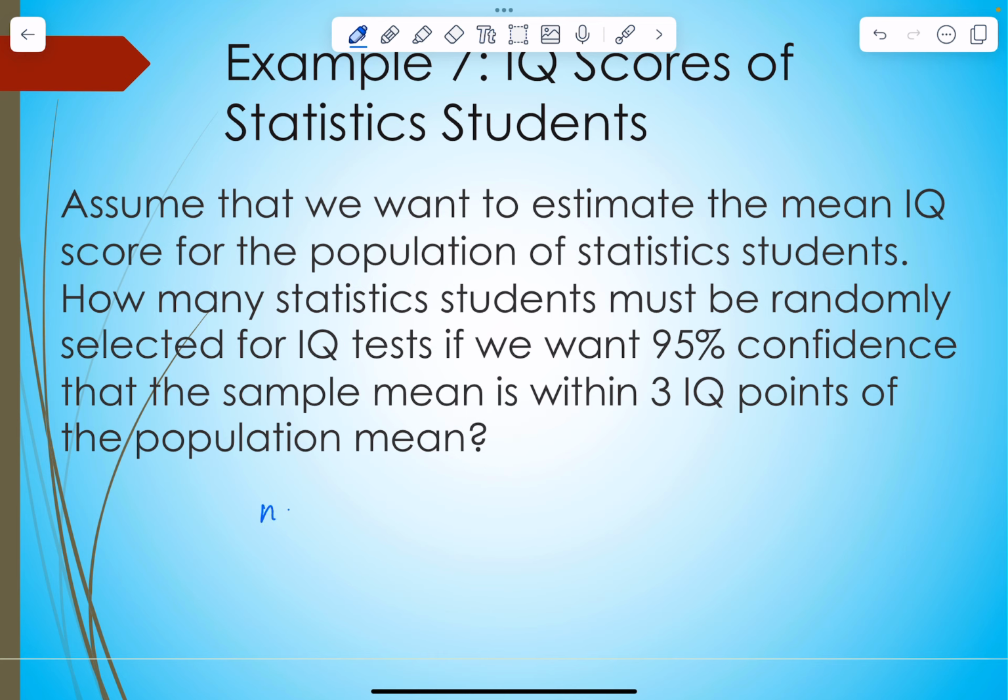So that'll be n equals z alpha over 2 times